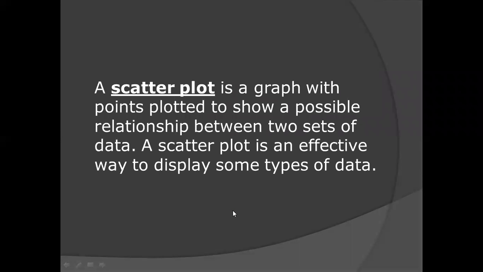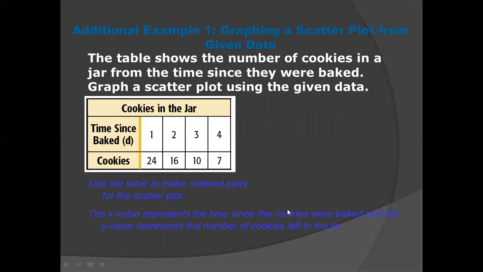What is a scatter plot? A scatter plot is a graph with points plotted to show a possible relationship between two sets of data. A scatter plot is an effective way to display some types of data. For example, graphing a scatter plot